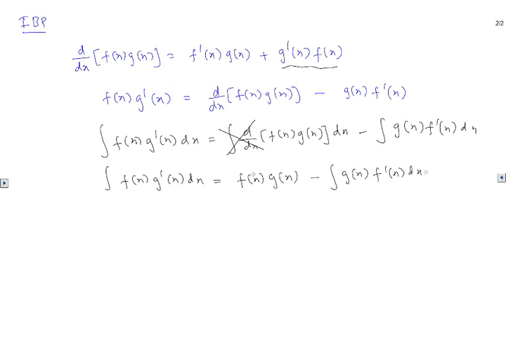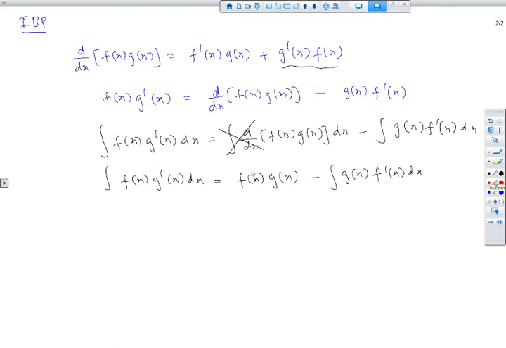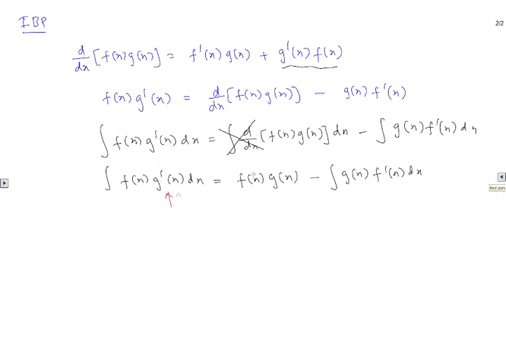So we kind of have a formula here. What's going to happen, you can see they switch the derivatives. You see that? Here we have the derivative g prime(x), here we have the derivative f prime(x). So they switch the two. So what's going to happen? So the idea is,